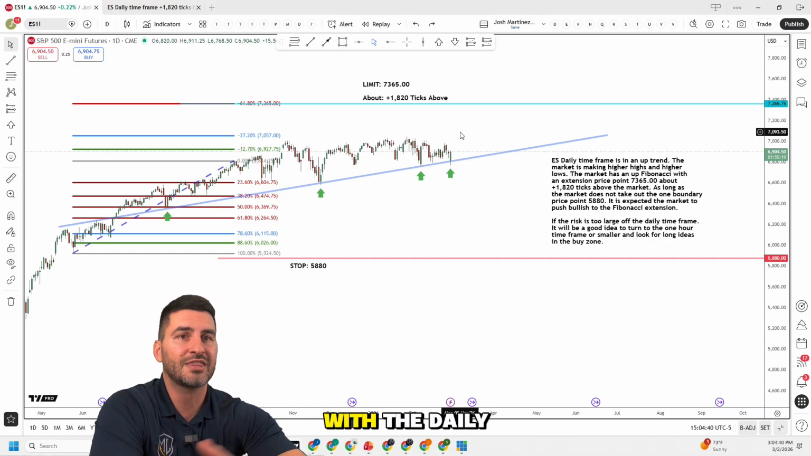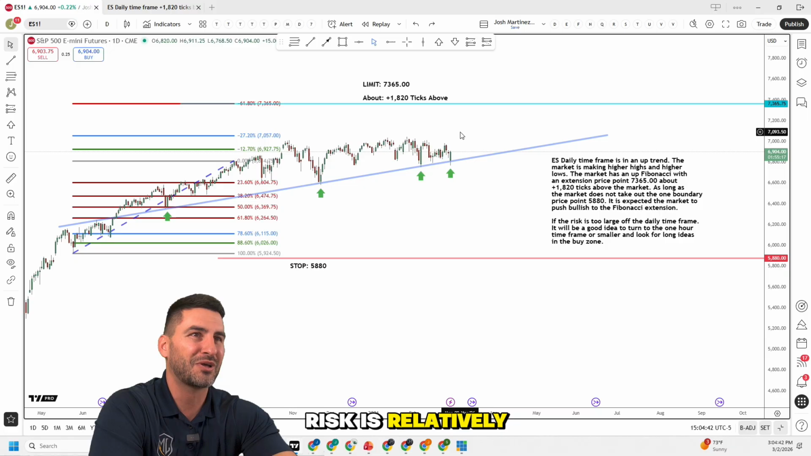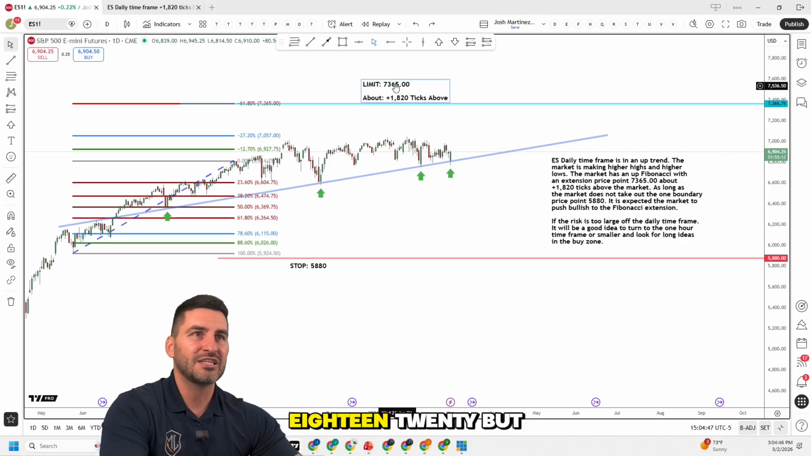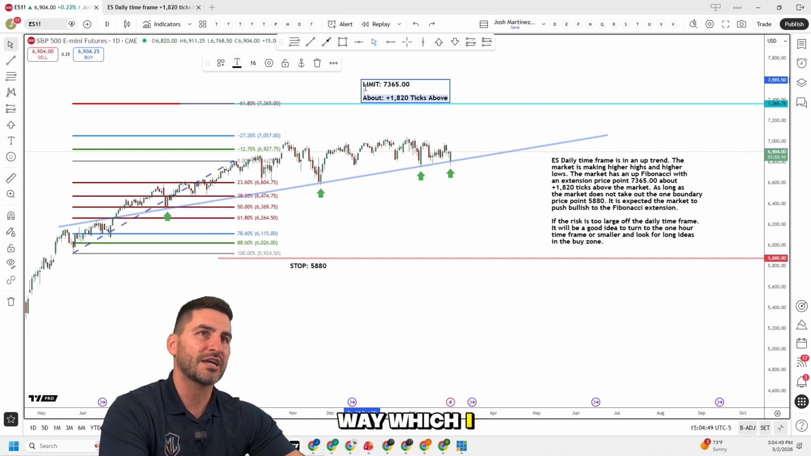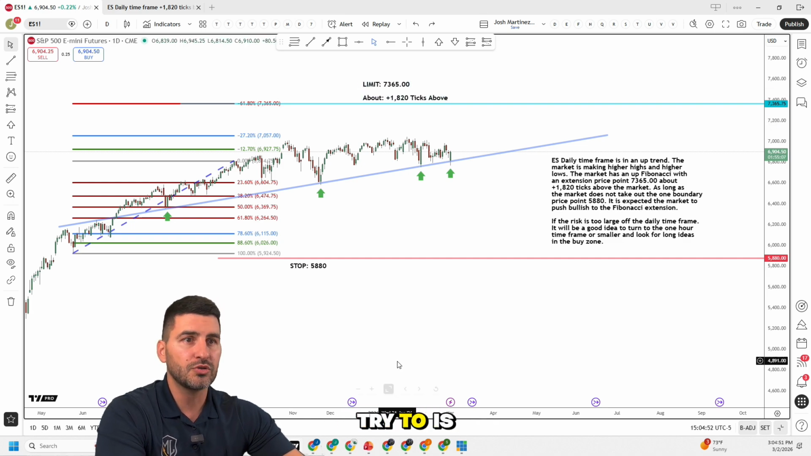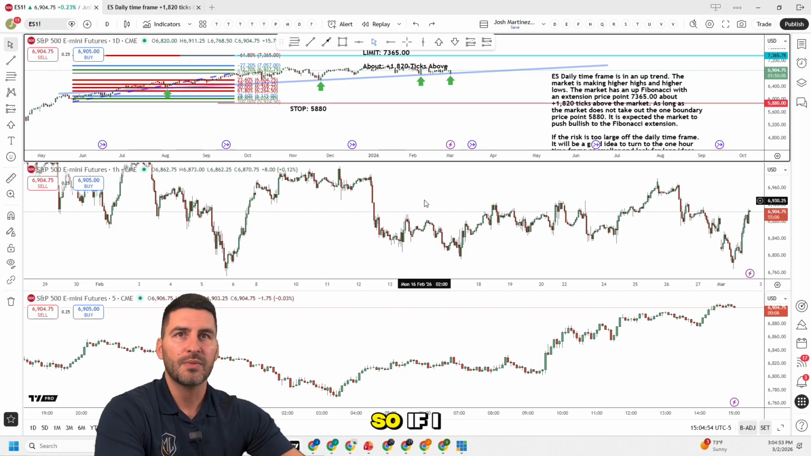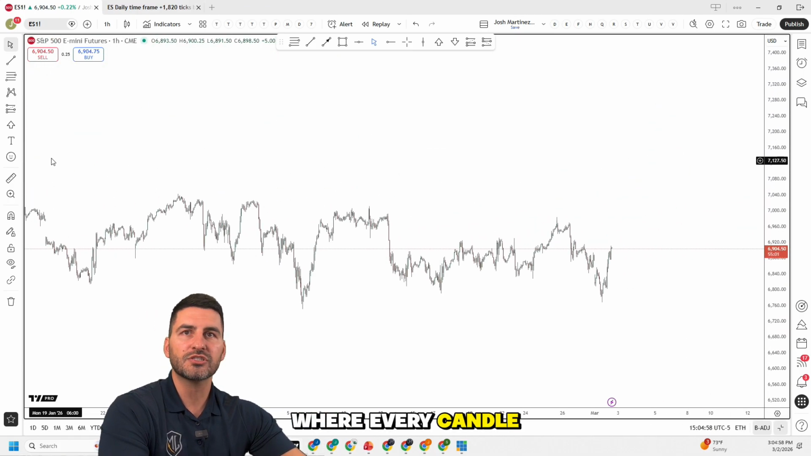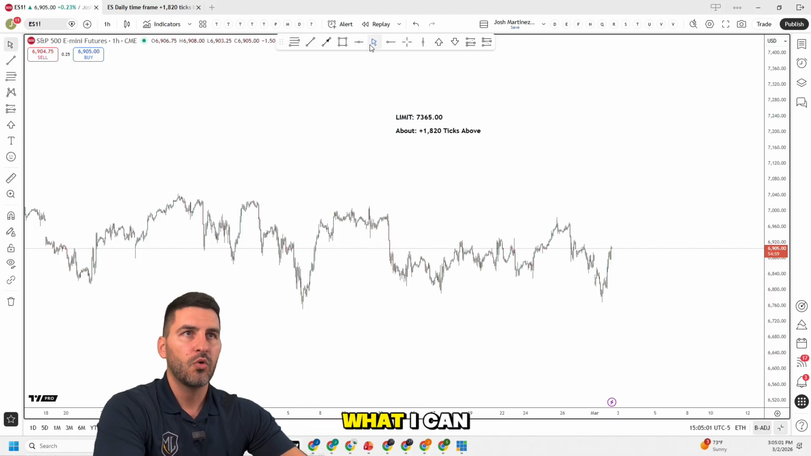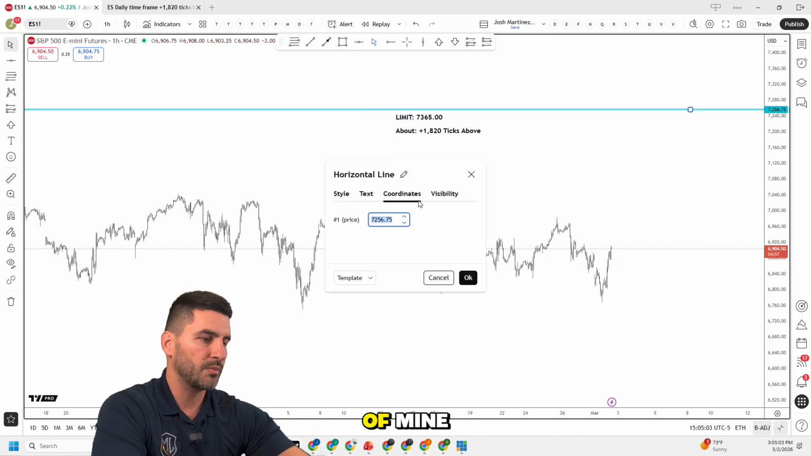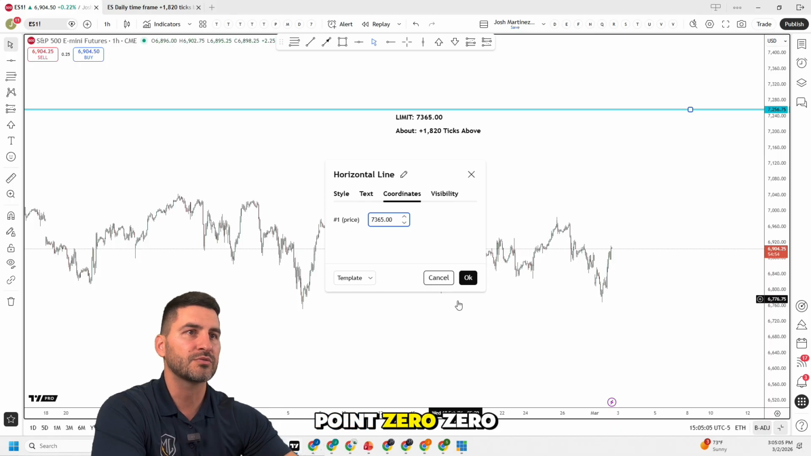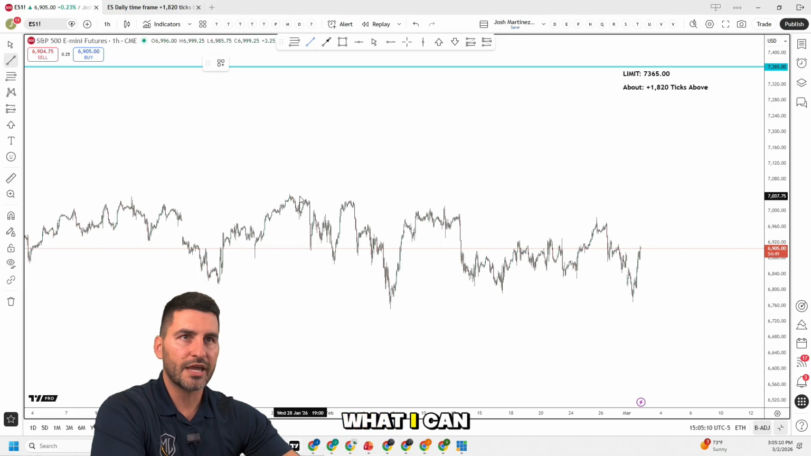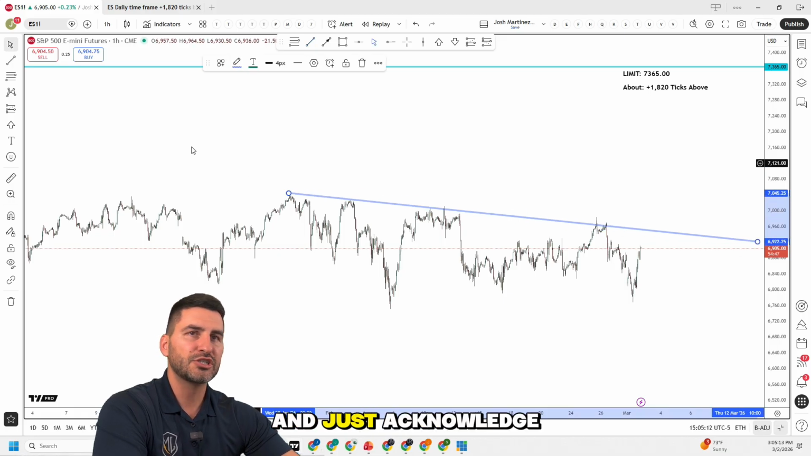Now the issue with the daily time frame is that the risk is relatively large. And so how can we get the reward of 1820 but lower the risk? And the only way in which I know how to do that, or at least try to, is go to a smaller time frame. So if I go to a 1 hour time frame, where every candlestick represents 1 hour of market movement, what I can do is I can put on the end goal in mind, which is 7365.00. And then in this particular scenario, what I can do is bring in my downtrend line and just acknowledge